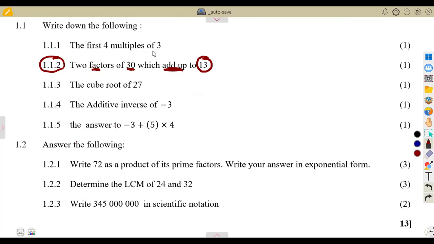Okay. Factors. What are factors? That is the first thing. Factors of 30. So that is 1.1.2. Let us consider first the factors of 30. What are factors? So factors, we are talking about these numbers which, when you divide, are going to be exactly divisible. It must be exactly divisible to that number. So meaning to say, if I consider the factors of 30,